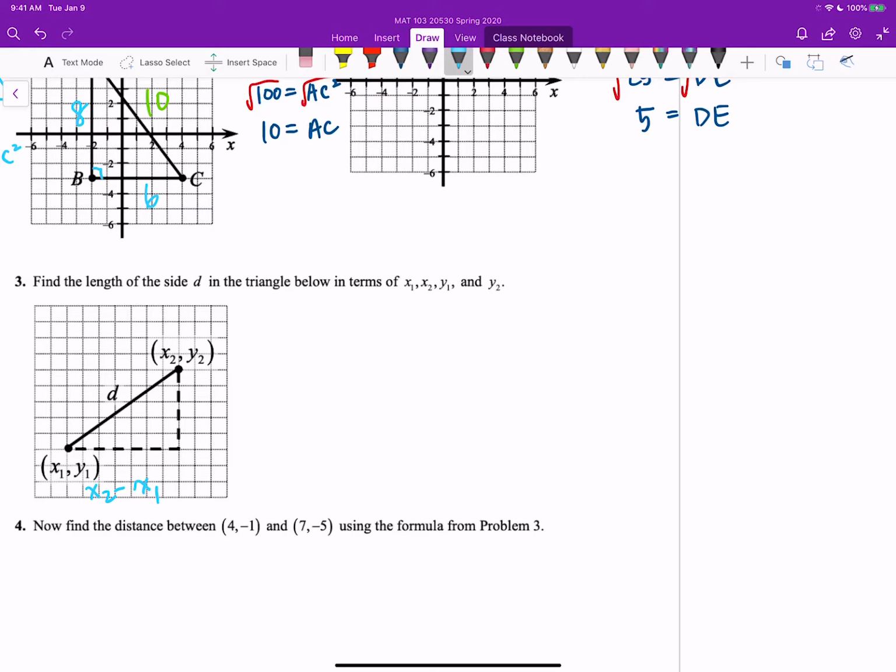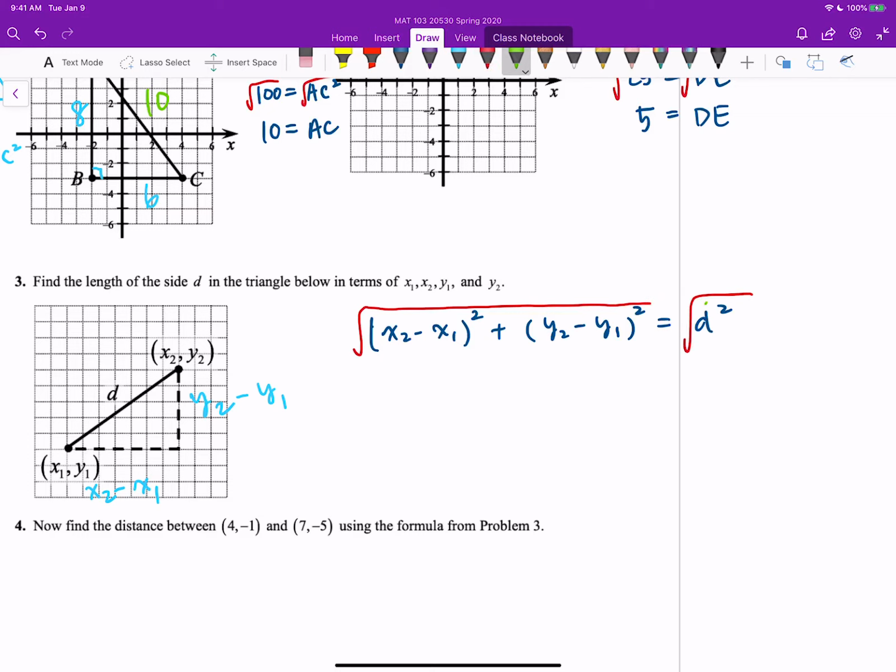For your height, this is talking about the vertical difference. So you're going to find out the difference between the y coordinates using the larger y coordinate, which is y2, minus the smaller y coordinate, which is y1. You find out our height is y2 minus y1. And then we can apply the Pythagorean theorem, which says that (x2 minus x1) squared plus (y2 minus y1) squared equals d squared. Therefore, if I take a square root on both sides,